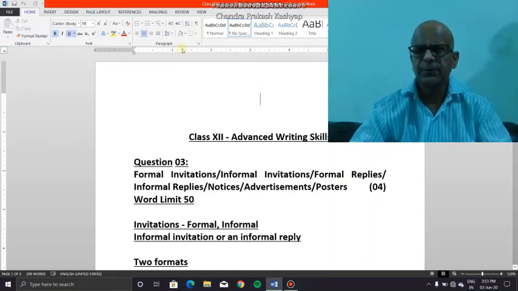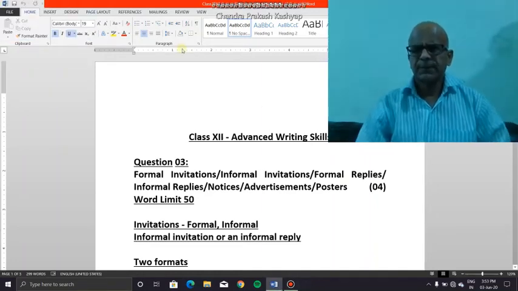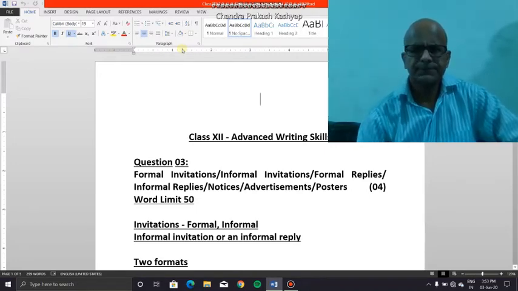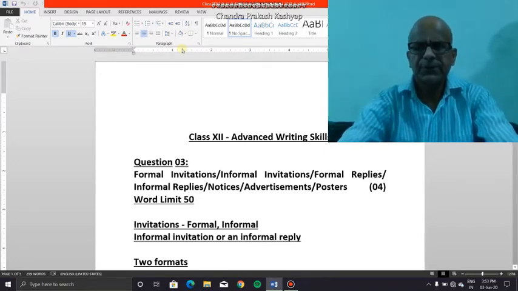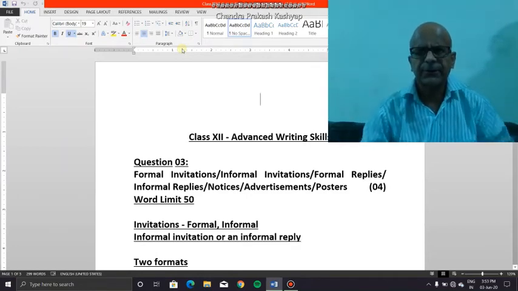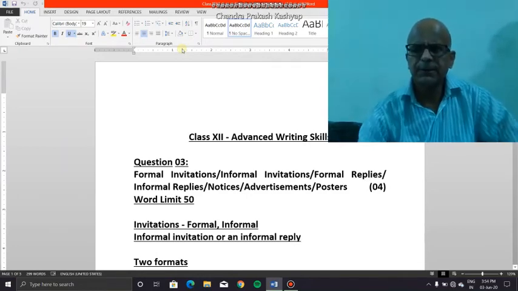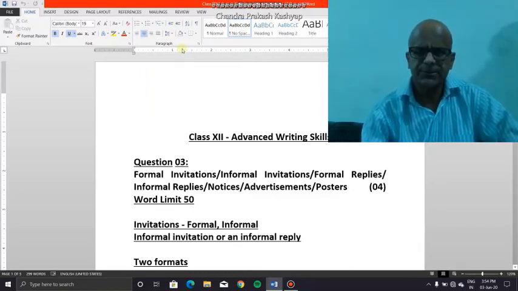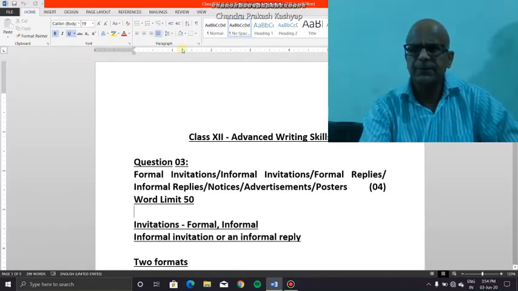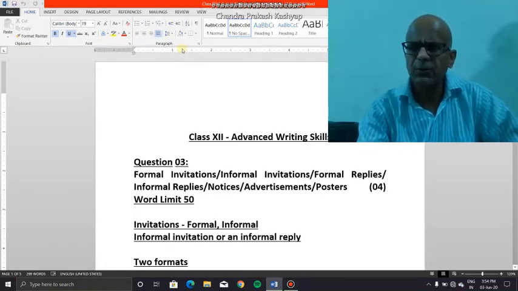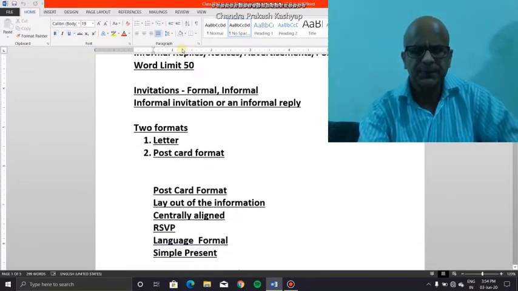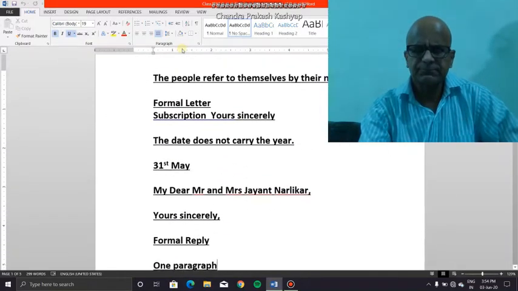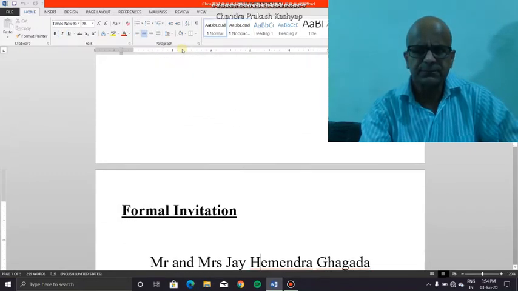So we continue our discussion on invitations, which are categorized as formal and informal. The last time we were together, we discussed invitations and replies, formal invitations and formal replies, and we are by now fairly well familiar with the characteristics of formal invitations and replies. So today I plan to take you through a sample of